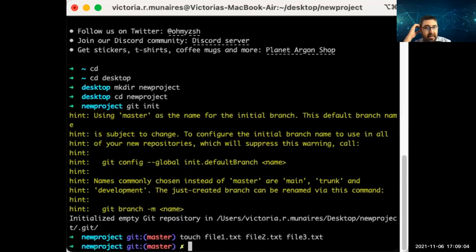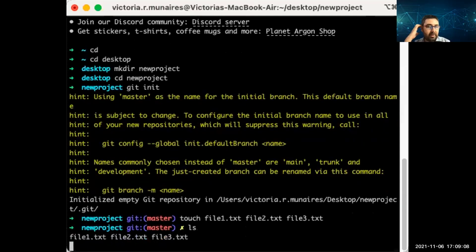How do you see that? ls, list. Can you type ls? Yeah, that is now 3 files you have in this folder. Okay. Now we can add the files one by one: git add file1, git add file2, git add file3, or we can say git add dot.